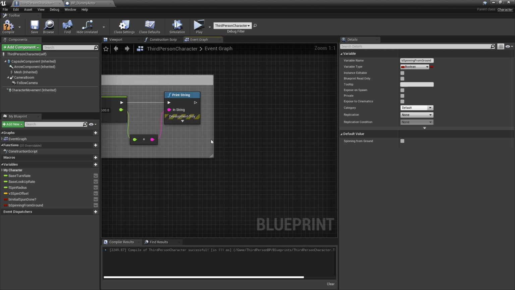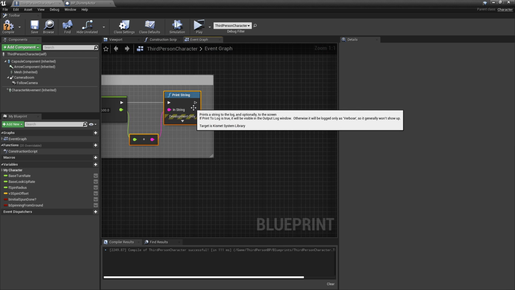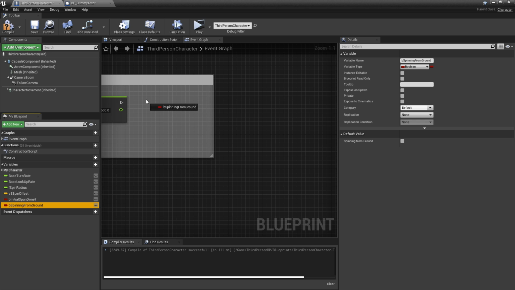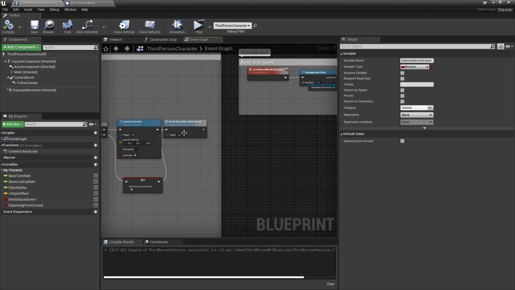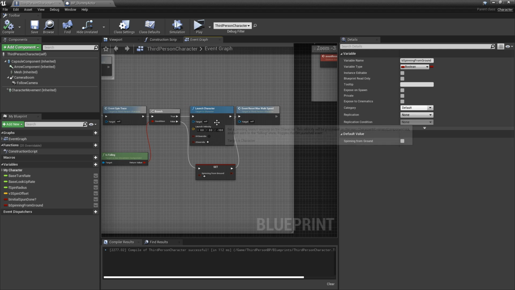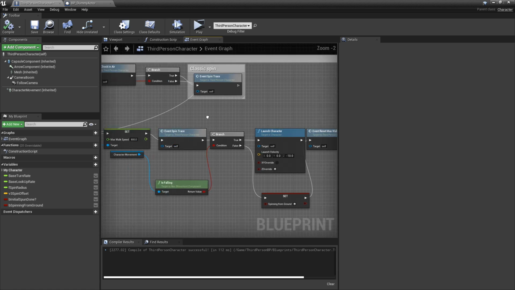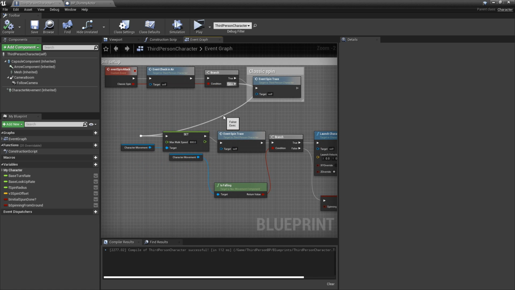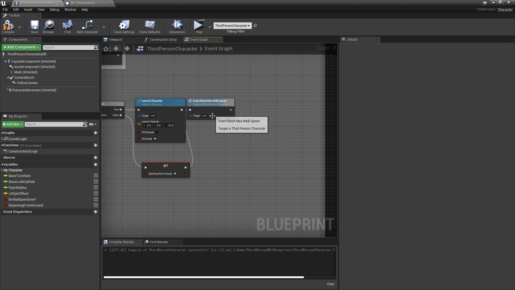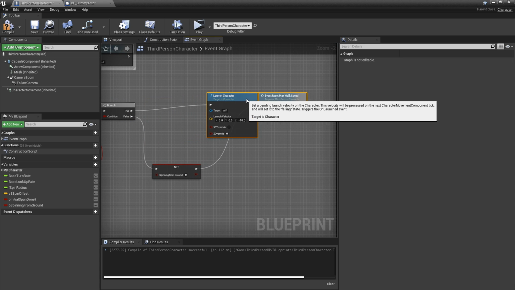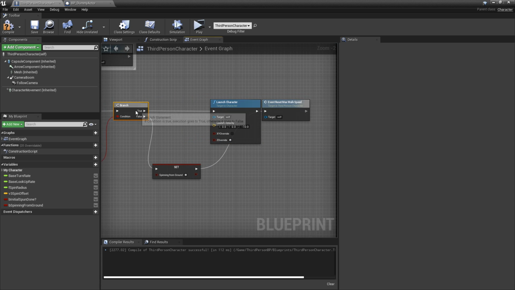And at the end of this, we can get rid of this printing now that we know it works. And we can set it to false here. Now we can back these up a bit. Alright, now we can pull these out and do another